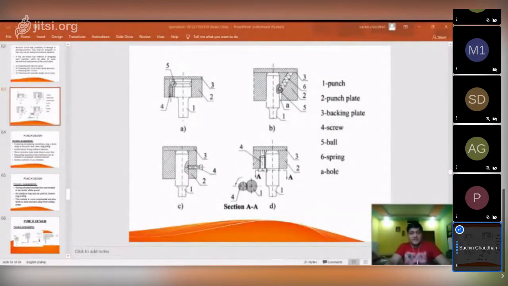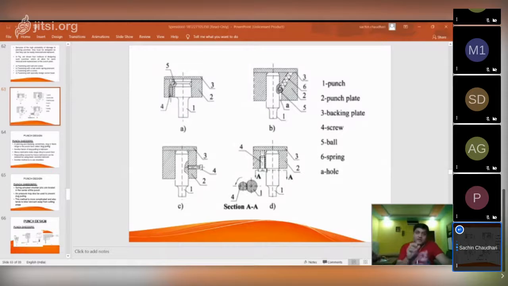So first A is a figure fastening with ball screw, and this type of fastener is used in complex dies. Okay. Then next B figure जी दिसते तुम्हाला, fastening with ball under spring pressure. Okay. So the punch can be released by pushing the ball through the hole A. Okay. So जो hole दिसतोय ना hole, that A hole is called A. So this type of fastener is used on dies for punching holes of diameter which range from 3 to 30 mm. Guys, you can note it down. Okay.